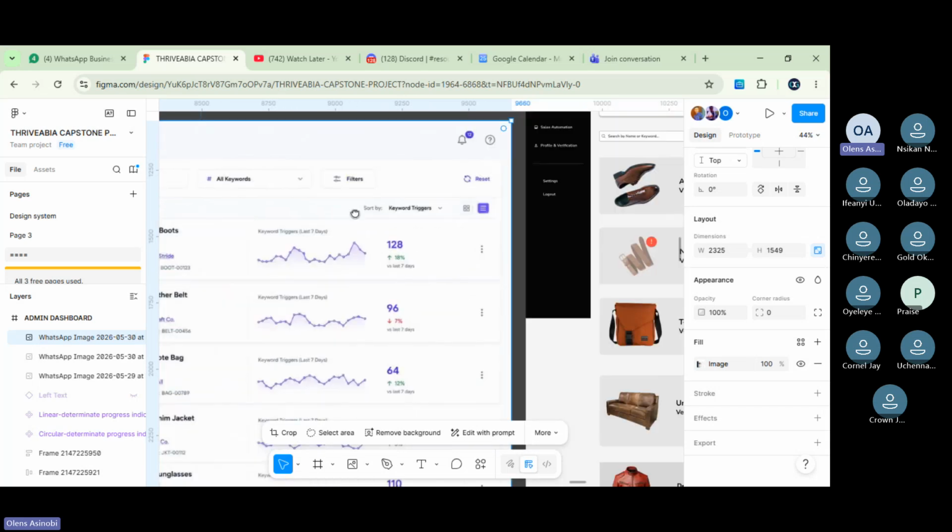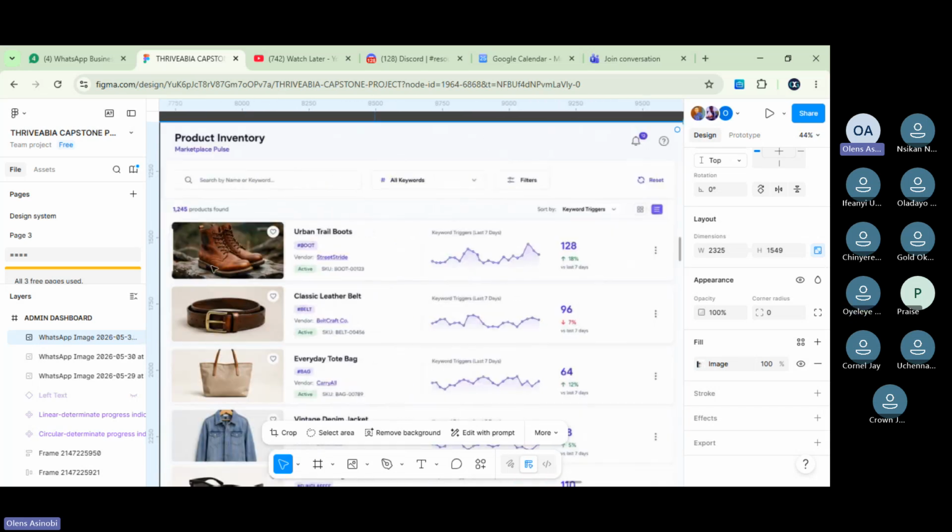This section is necessary. Then you see how the list is. We have the product. There is no need for this favorite. It is not an e-commerce site, so you can remove this favorite. Then you see how we have the product, the name of the product, where the keyword is, the vendor name, the status. If this person is active, pending, or suspended, you put it here. And then this vendor ID number.